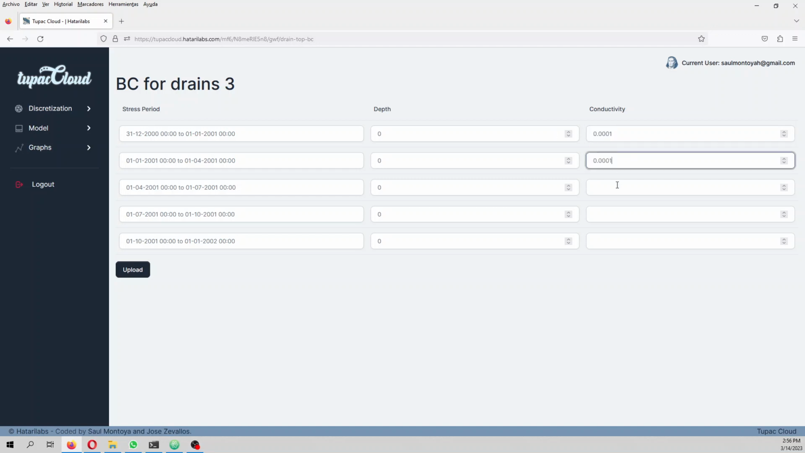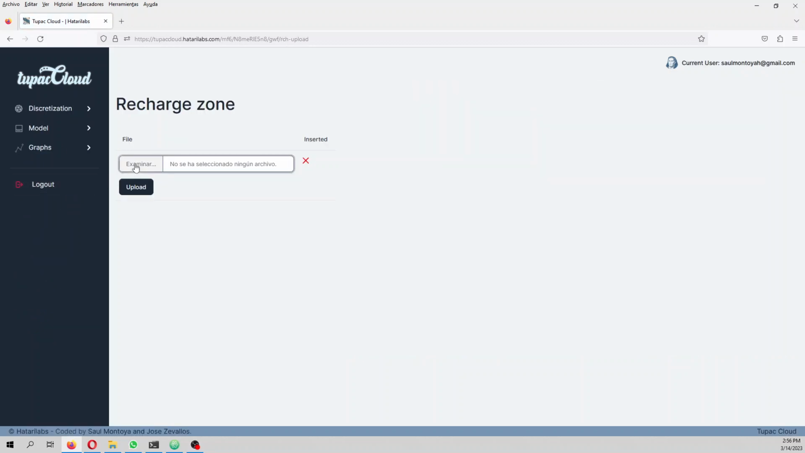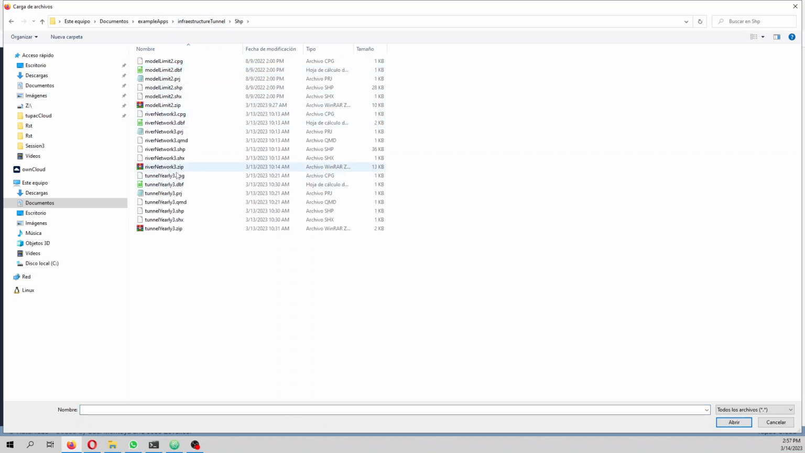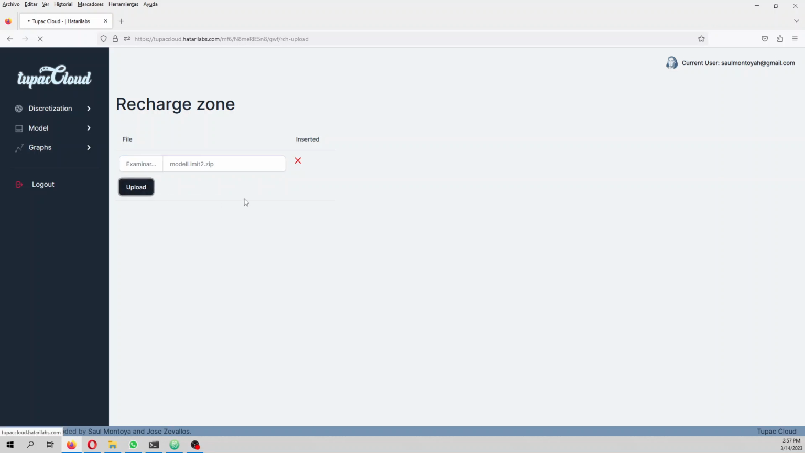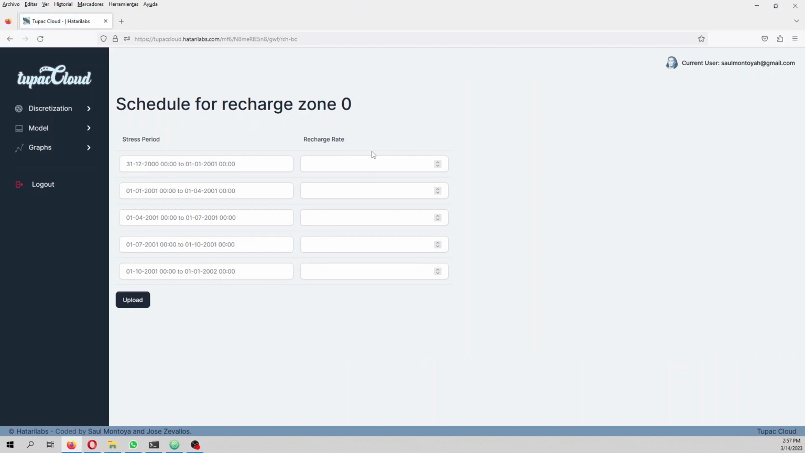0.0001 and then upload. Okay, so we have already the drains, now we have to define the recharge file and then we apply recharge to the whole extension of the model. So we are going to use the model area of the model limit. Here we use the model limit and the recharge rate will be